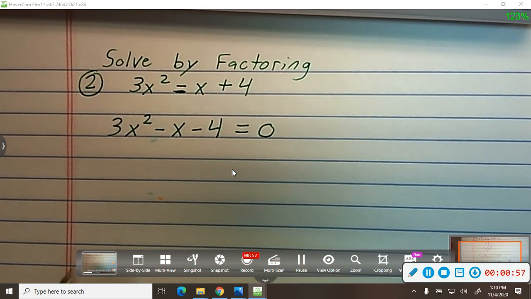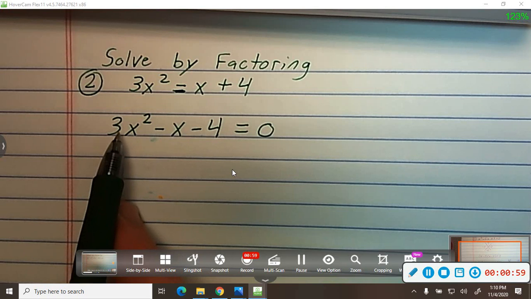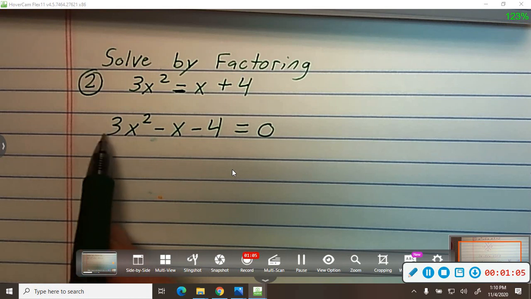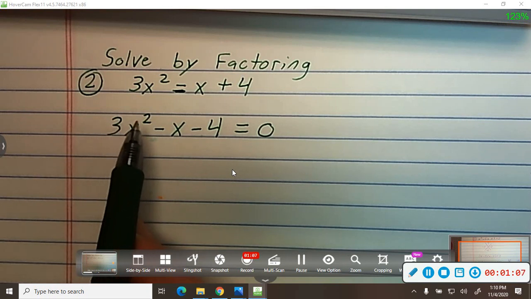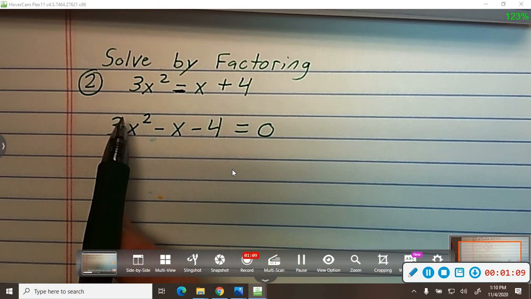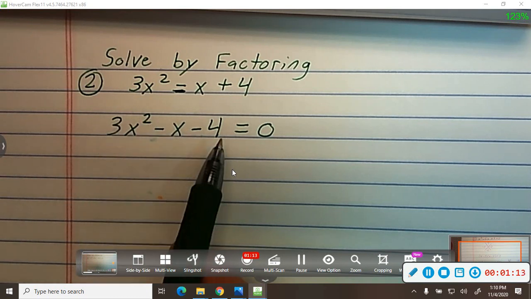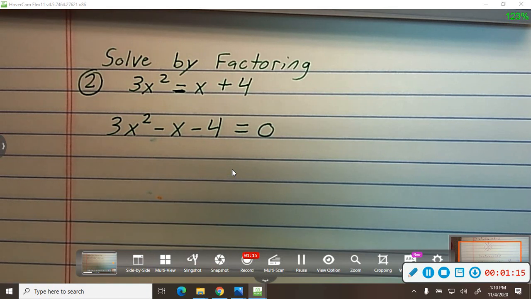Now anytime there's a number, we call this the leading coefficient. Anytime there's a number out there, we should try to factor it out. So I think about 3. Do they all have a factor of 3? 3 does not go into 1. 3 does not go into 4. So there is no GCF. From there,